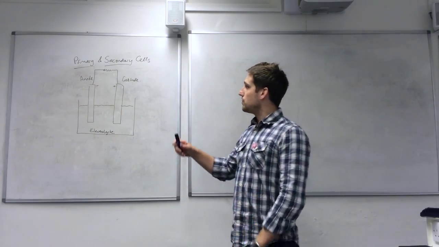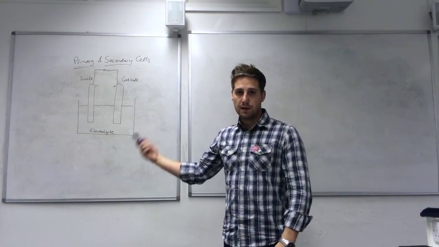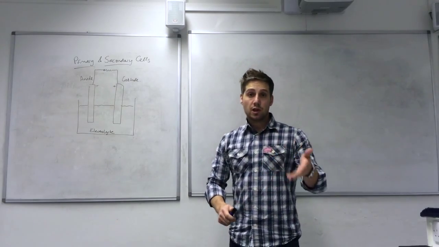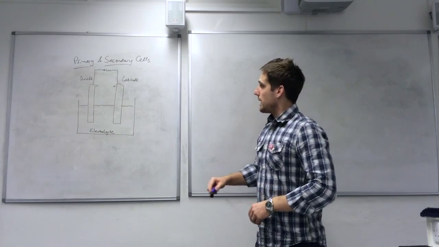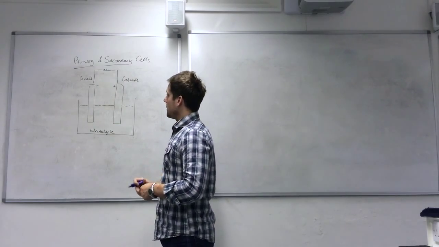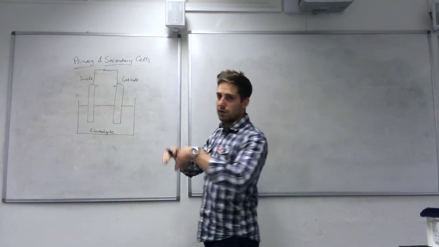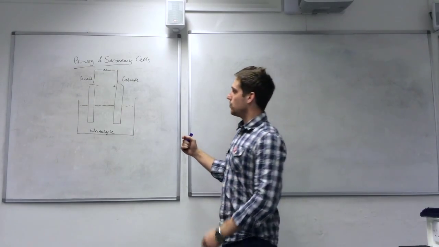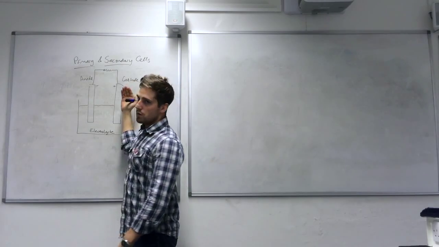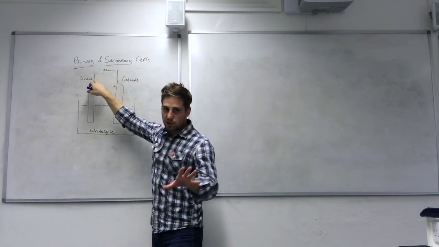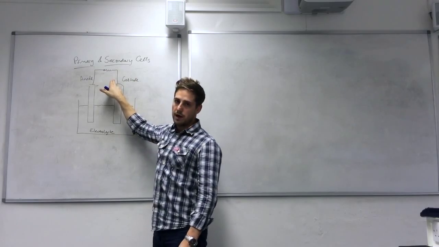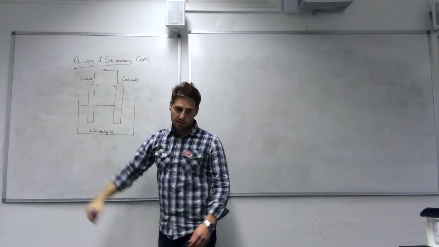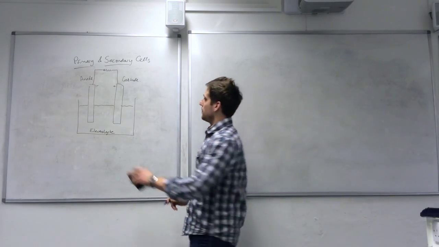So you can only use that once. Once it's been discharged, you can't use it again. Secondary cell, you can recharge that, and the way that you do that is you take it off the circuit and you put it into another circuit where you put a power supply that forces the current to flow the opposite direction. So during discharge, electrons were flowing this way around the circuit, and what we do is we put a larger power supply here, if it was a secondary cell,